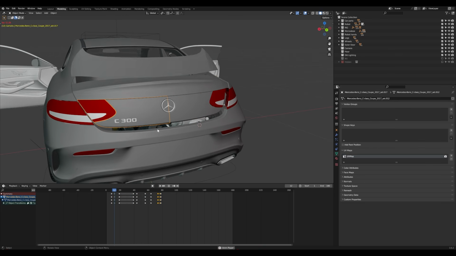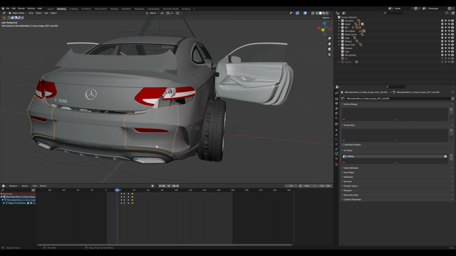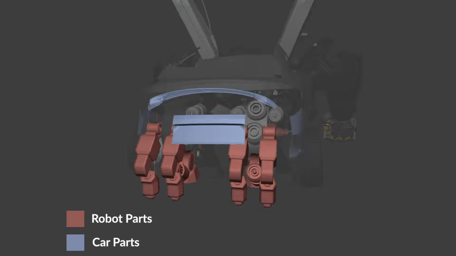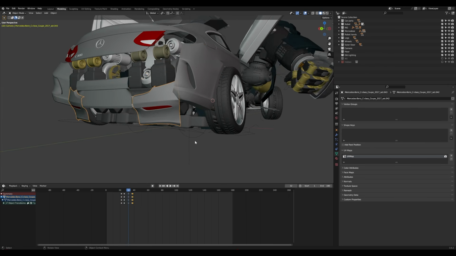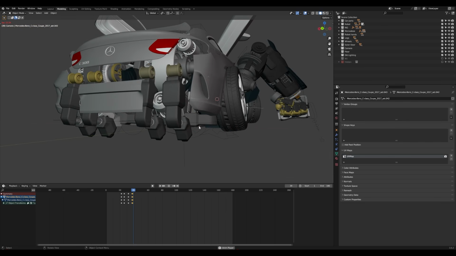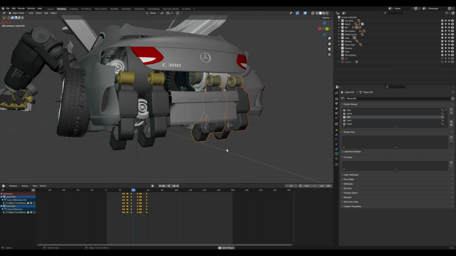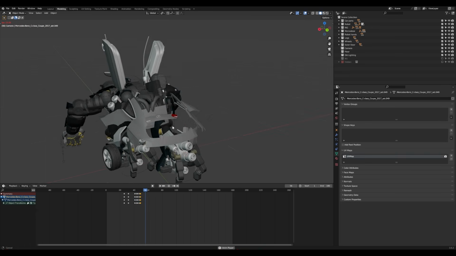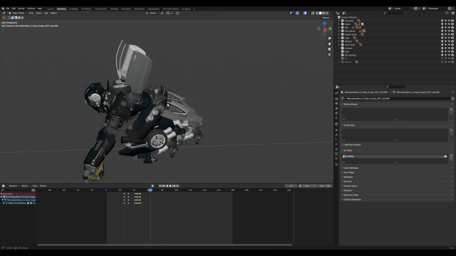Whenever you're doing an animation of a car part and a robot part, it should make a transition, like a car part is going away and a robot part is coming out, so that it makes a very smooth transition there. For example here, this part is going just about here and then clips through it and then just vanishes. But the viewer cannot see this because when this part is going, the robot part is coming out. Here you can see. So try to make an impact point where you can make the transition from the car parts to the robot parts.